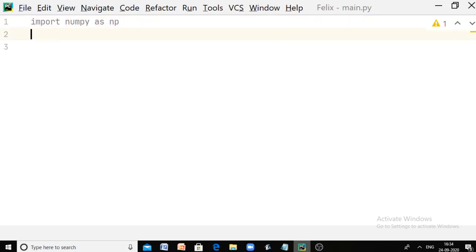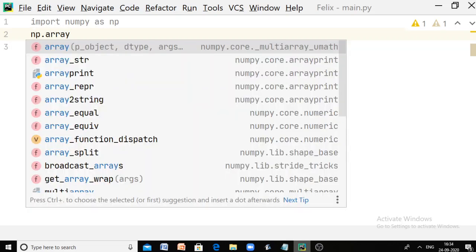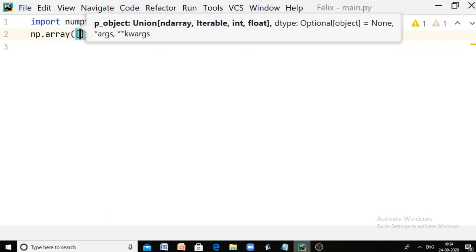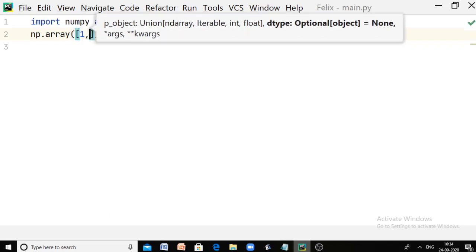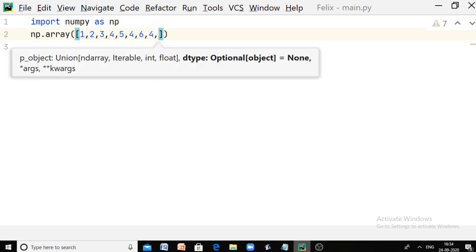Now let me call the array method in NumPy, which accepts a list of values as an argument and creates an array with them: 1, 2, 3, 4, 5, then again 4, then 6, again 4, then 7, then 8.